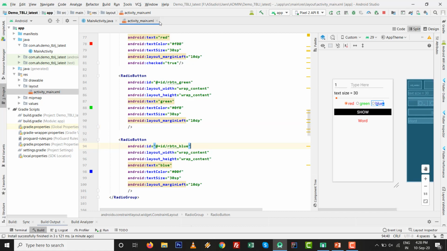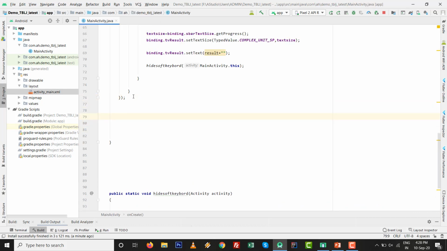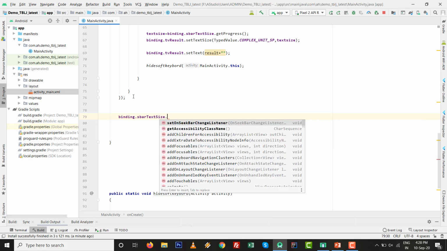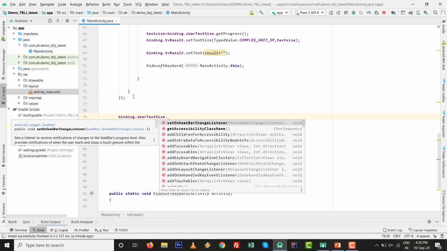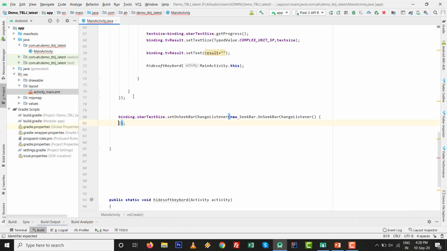Okay, I close this one and write the coding for the listener inside onCreate. I type binding dot whatever the seek bar dot, if you know that, set on seek bar change listener, new space and control space.